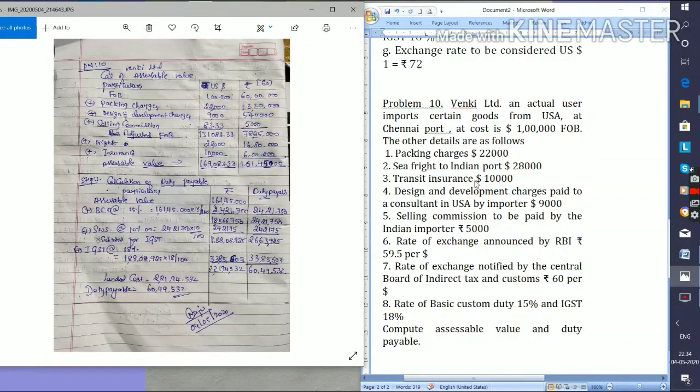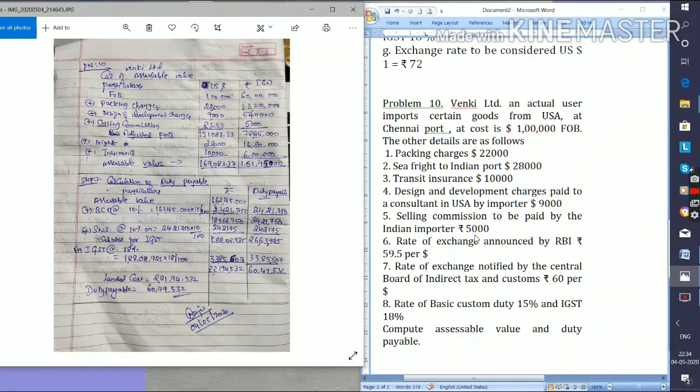Next, transit insurance, that is the insurance amount, that is 10,000. Add to the adjusted FOB after the freight. Designing and development charges paid to a consultant in USA by the importer, 9,000. Add to the FOB value. Selling commission should be considered, other than buying commission. Next, it is given in Indian rupees, converted to